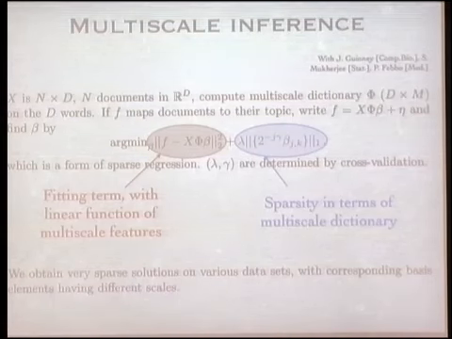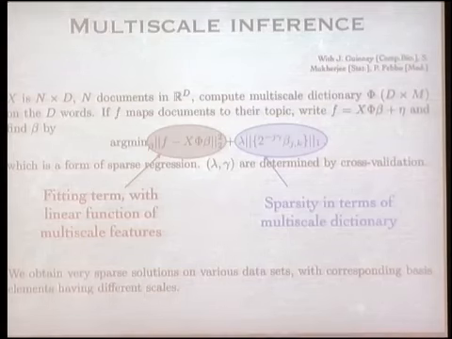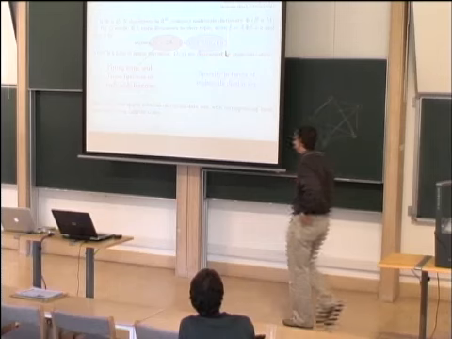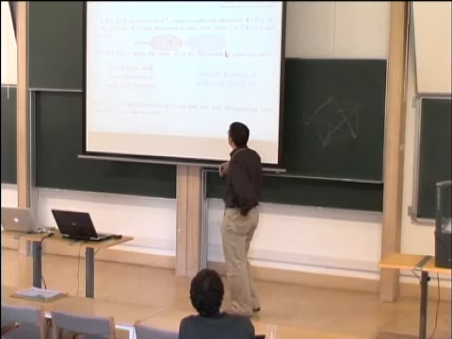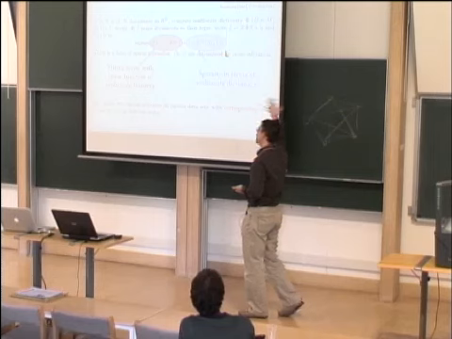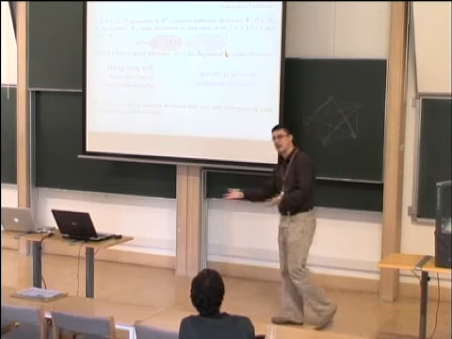Can we use this to do any sort of predictions? Well, it's kind of interesting, because now we have built, in this sort of maybe complicated way, but it's really not that complicated once you look at it, a dictionary of functions on the graph. Well, let's pick a problem where we want to predict something, so some functions f on the graph. Now we can use this multiscale dictionary to do regression on the graph. And it's very natural, as already appeared in the previous talk, that the dictionary is large. And we might want to regularize, for example, by imposing a sparsity constraint. But we are going to impose this sparsity constraint in our multiscale basis.